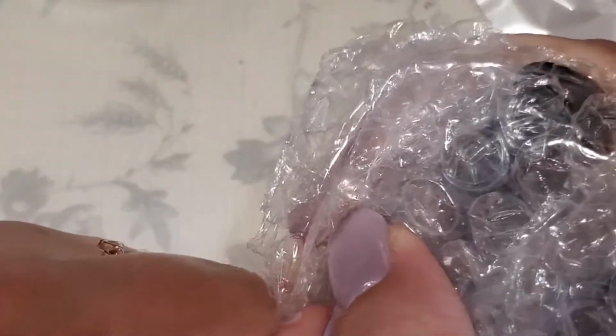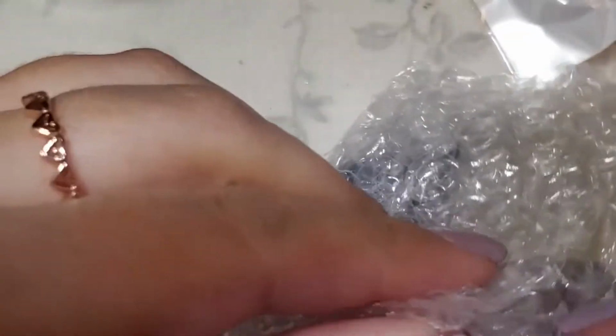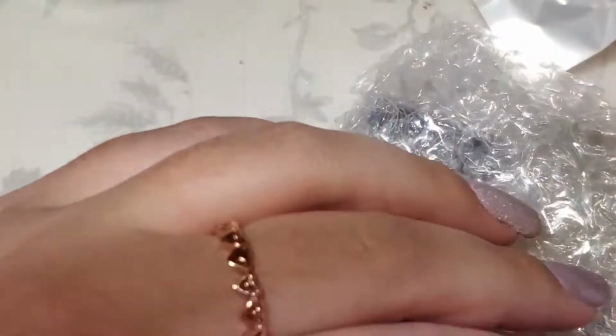Alright, last ones that I got. I am missing one, but I've already contacted them. They're going to be sending me the Polish for Days one. I'm missing that one. That was actually the reason why I ordered this polish pickup, because I wanted the Polish for Days Hitchhiking Ghosts. But anyways,